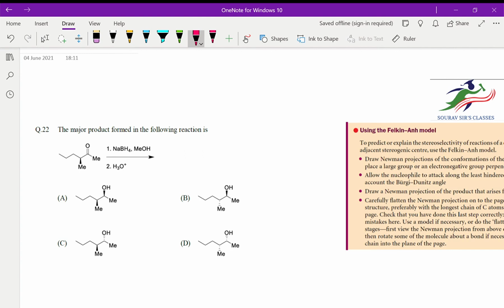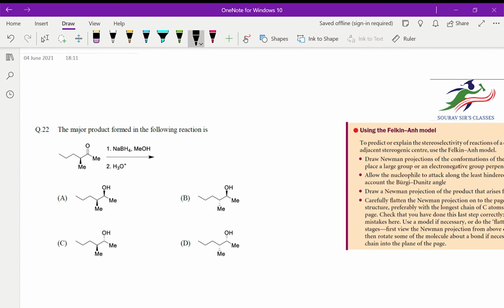So to understand what product will be given, we will be using this Felkin model, and I have given the screenshot from the book of Stuart Warren, Clayden, Greeves and Wothers. Okay, the best book that you can follow to answer this type of questions, or you can consult Eliel. Okay, another book for that purpose. So here, as you can see,